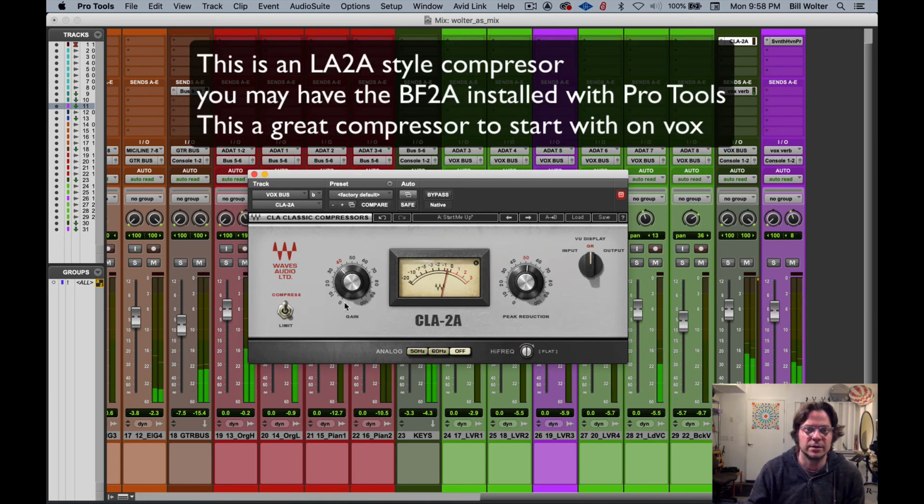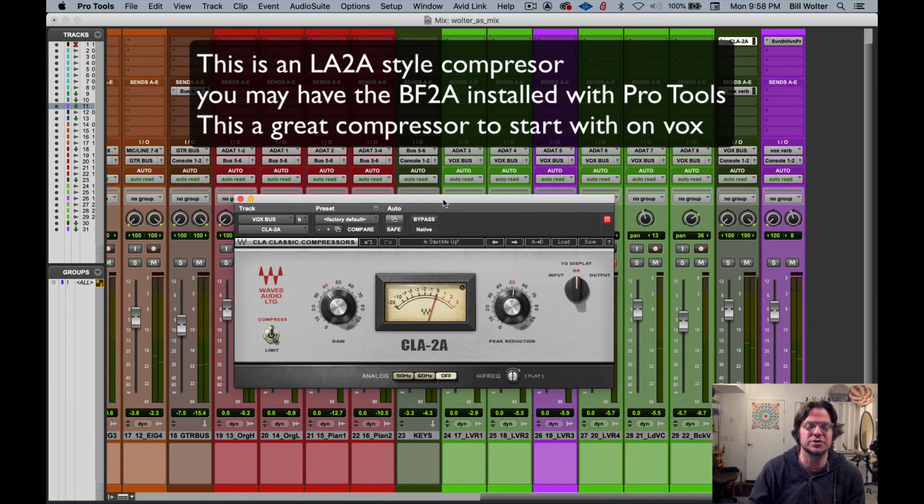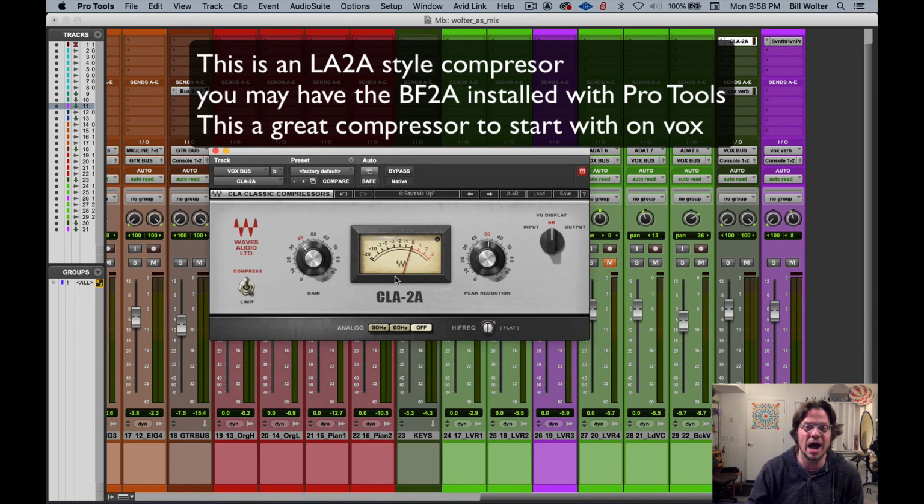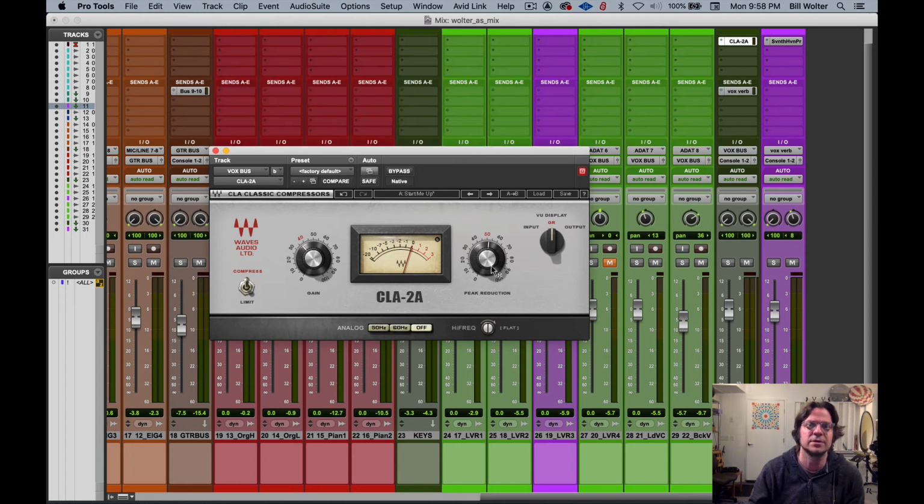And so optical compressors, there's a million of them. You probably have it installed, the BF2A it's called. This is an optical compressor after the LA2A. Here's a Waves version of it. So look for the BF2A, it's the exact same thing. So super simple how I set this up. I put it on my vocal bus and